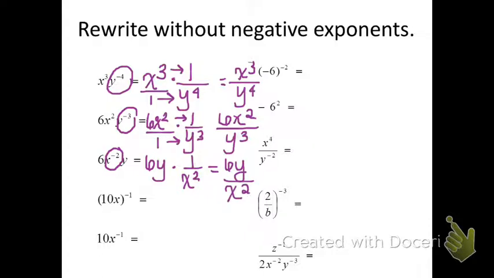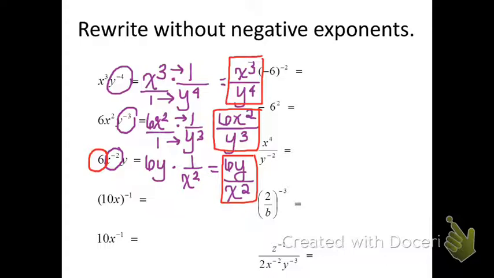So the main thing with negative exponents is to only apply that negative exponent to its actual base. So a lot of times here, I'm just going to circle this, we'll want to bring the 6 down as well, but the 6 is separate from the x to the negative 2. So that's why we leave it alone. Just going to box off all the answers here. If we keep going,